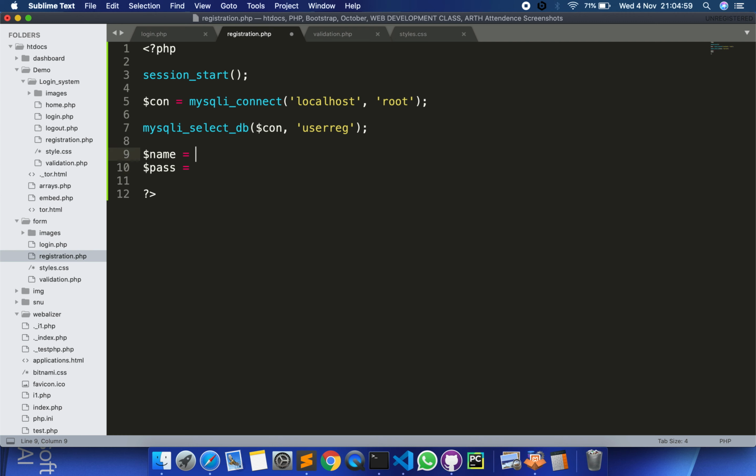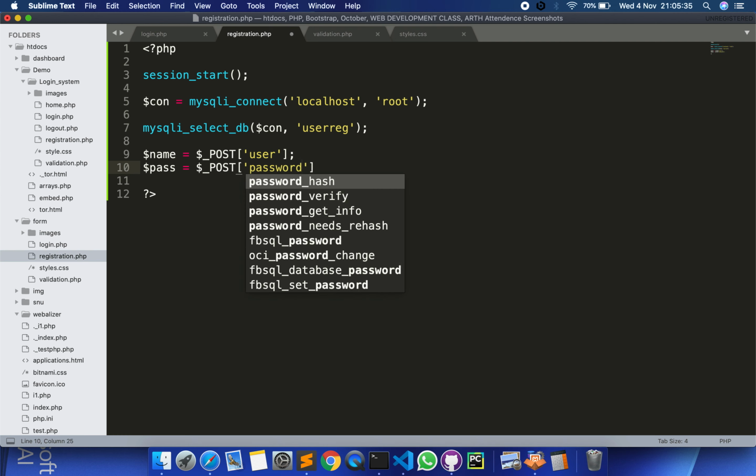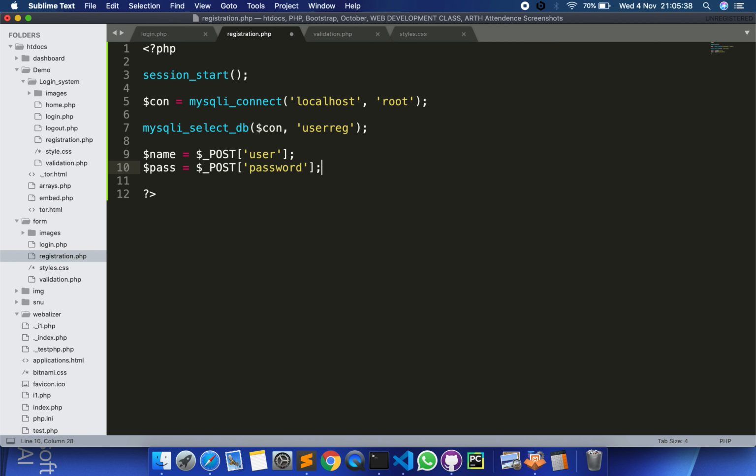Now here what we need to do, $_POST, square brackets, and here it will be user, and this will be password. So what basically we are doing is we are getting the data from this name and pass.